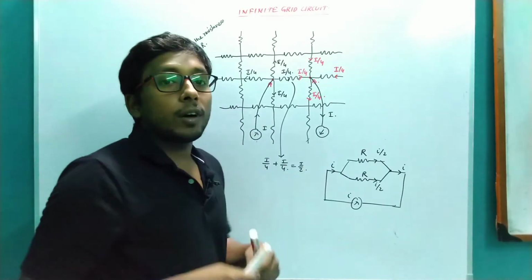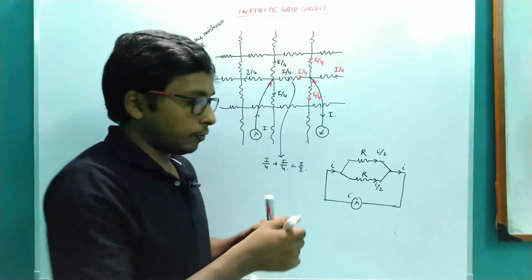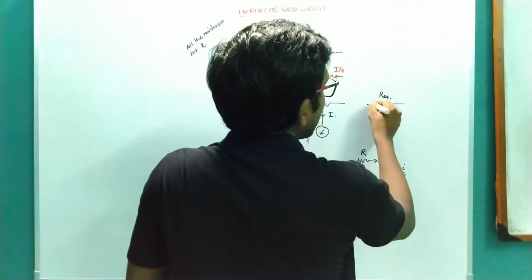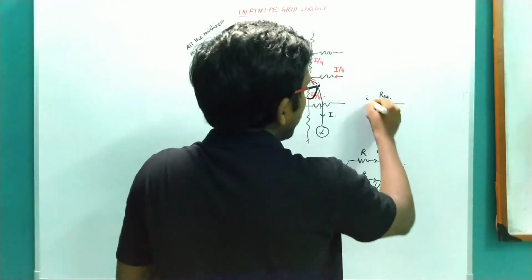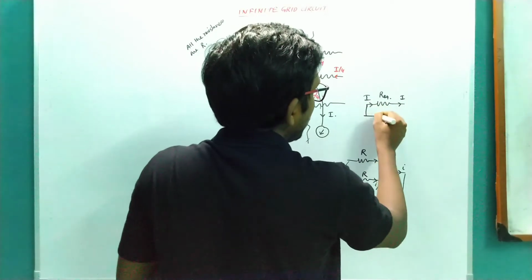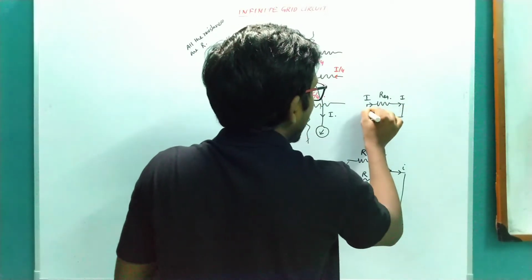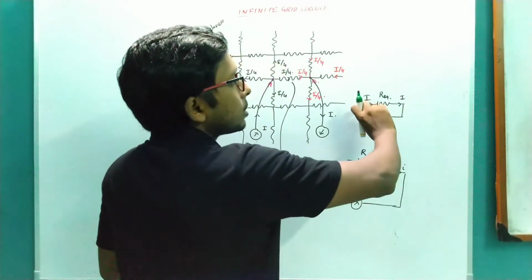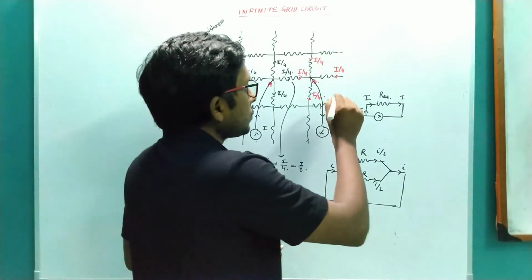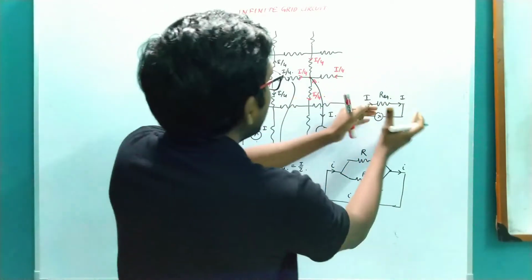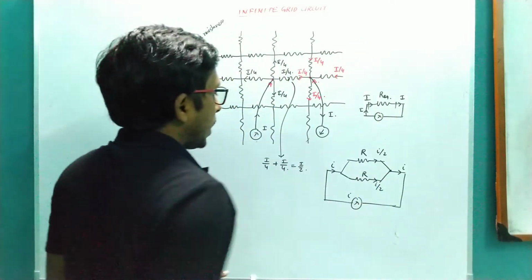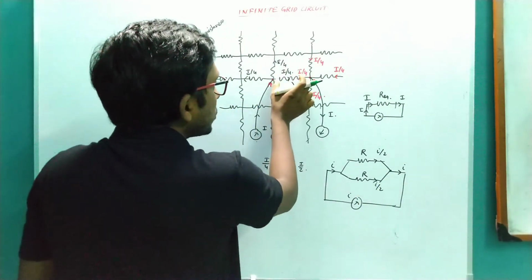Now if I have an equivalent circuit for this, and suppose R equivalent is my equivalent resistance, then if you send I amount of current, you will get I amount of current on this side. That is, if you connect a current source here which is sending in I amount of current, that will give you the same amount of current in this terminal also. So if this is the equivalent circuit of this particular circuit, then the potential drop across this resistance must be equal to the potential drop across this resistance.